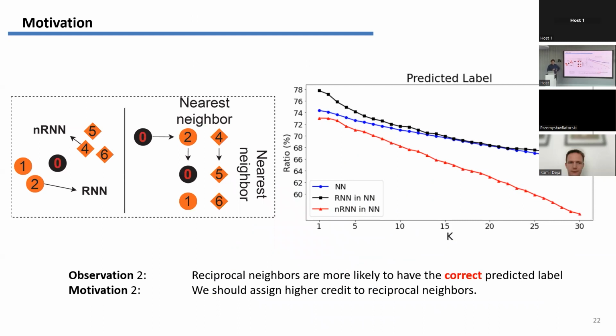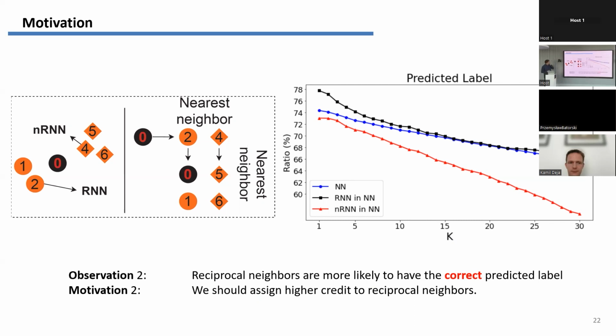So one of the ways to exploit the neighbor information could be to just impose a loss which says you should have the same prediction of your class as your neighbors. And that actually works very well. We went one step further. We started looking at reciprocal neighbors. A reciprocal neighbor is a neighbor for which you are also a nearest neighbor. So it goes in two directions.